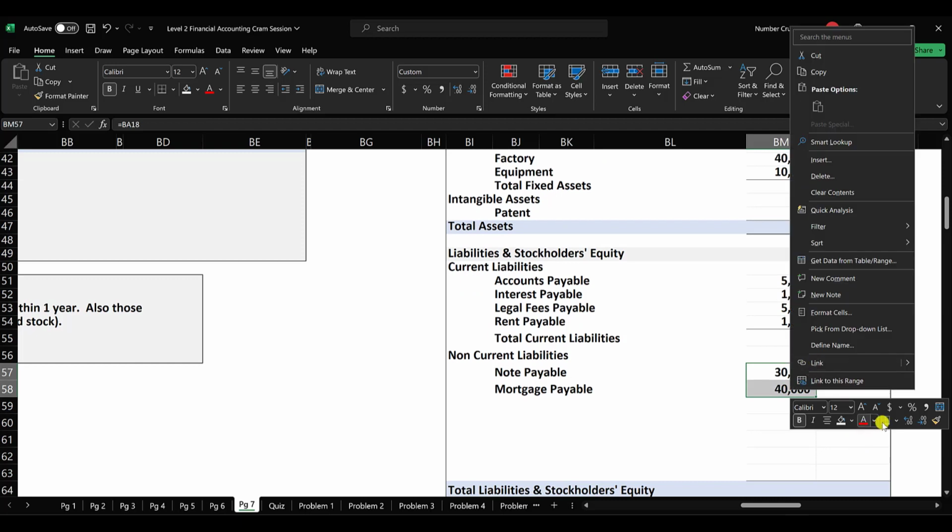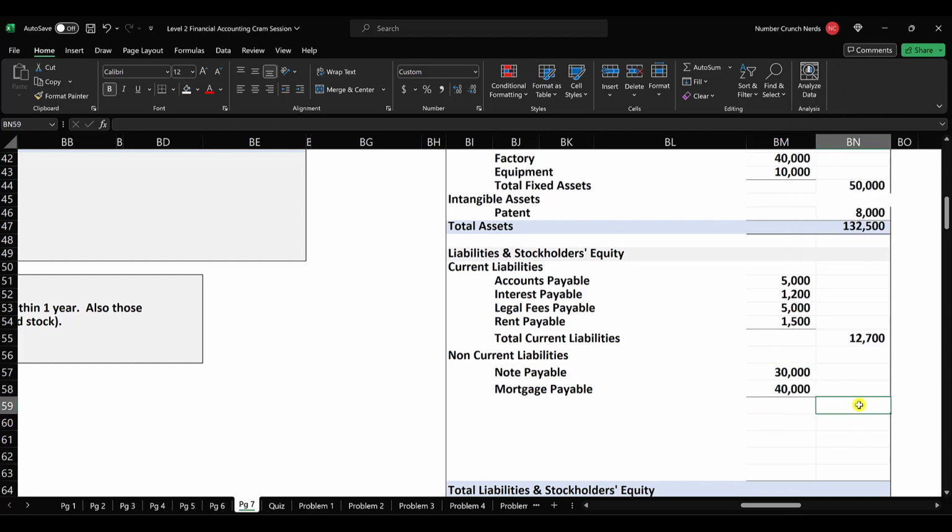I'm going to put a line. We're going to do a subtotal. We're going to add these up, and we're going to have 70,000 there. And then I'm going to write total non-current liabilities. All right, and the last category then is going to be